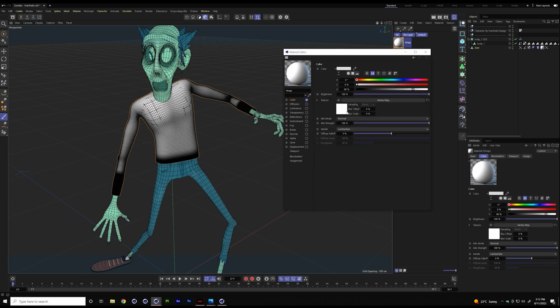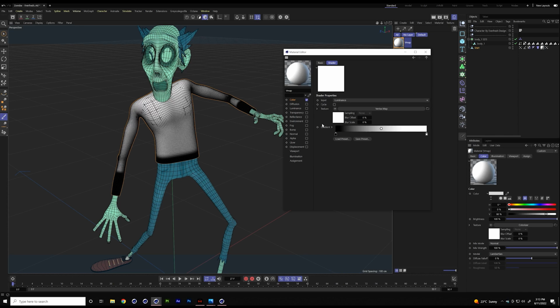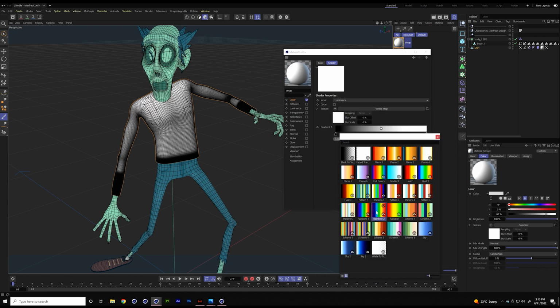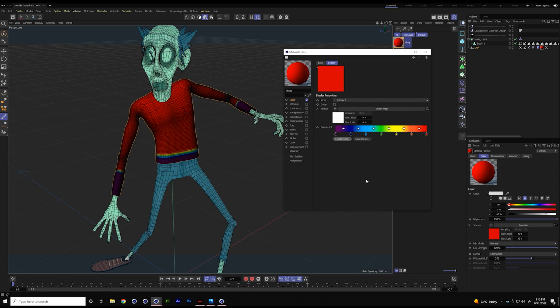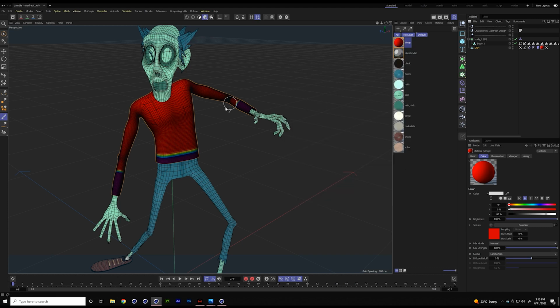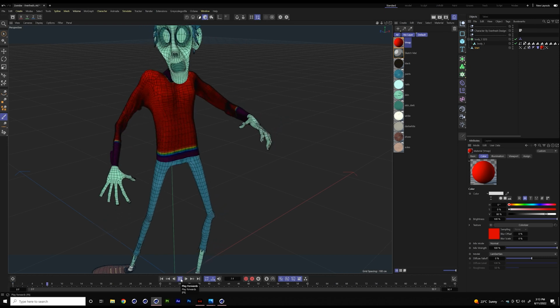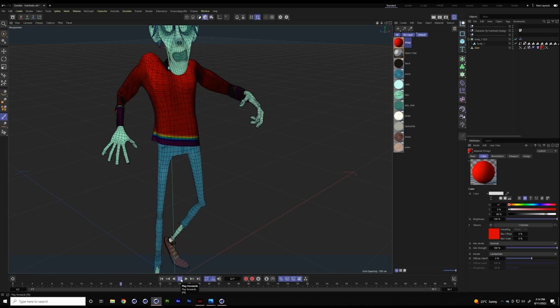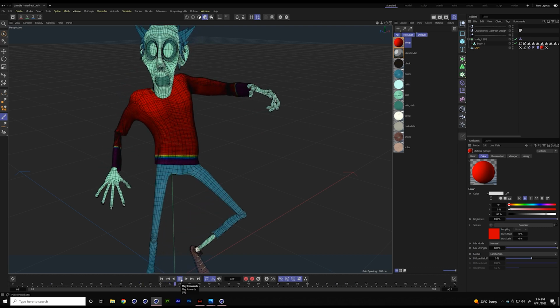But I want to colorize this, so the easiest way to do that is on top of the vertex map shader to go and add a colorizer that's going to remap the left to the blacks, the right to the whites, but in this case nothing has changed because I can always go and remap this to different colors. So now we have the gradation from 0 to 1 mapping to this gradient. So you can use the same information we're going to use for the simulation to do colorization and stuff like that. Let's see what our character looks like. And you can see now that his sleeves are sticking on his forearms.